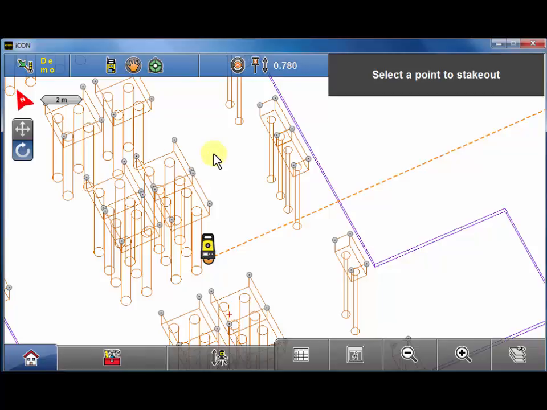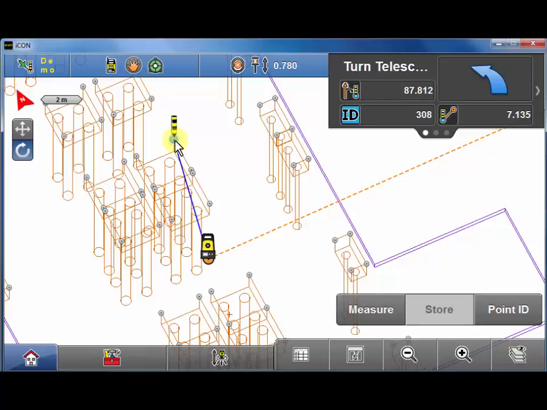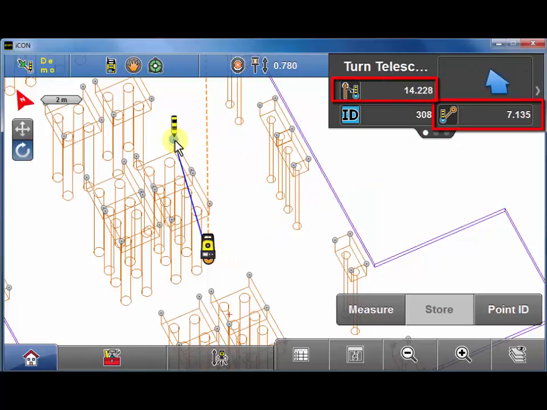To stake out a point, select it from the map or from the point list. Direct distance between the total station and the target is shown in the info panel. Using the information in the info panel, the operator can direct the man at the pole in a two-man team. A correct measurement is achieved when the orange dotted line is on top of the blue line. You know you are in the right position when the info panel displays the value as being 0 or close